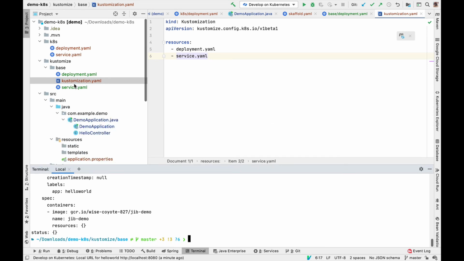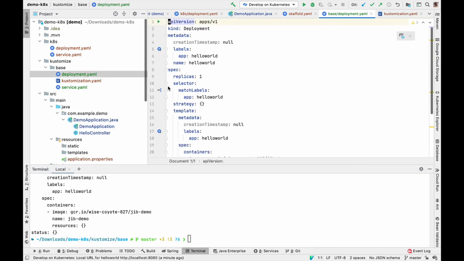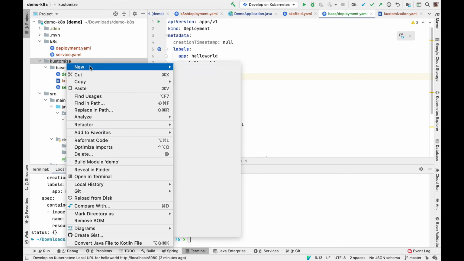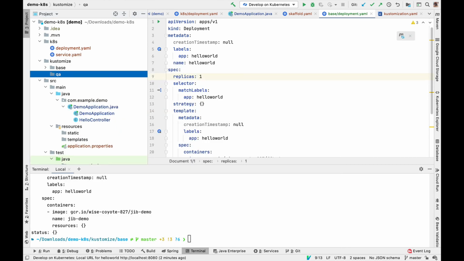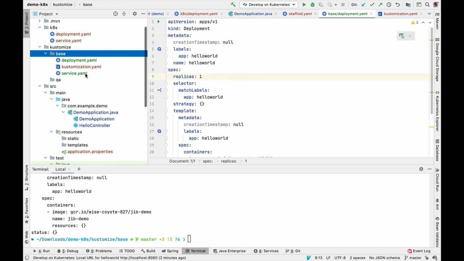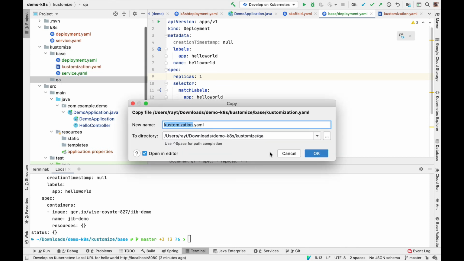But now let's do some customization. Let's say for development purposes, I only have one single copy of my application. But in QA, maybe I want to test with 2 instances instead. So let's go ahead and create a new directory here called QA. And then, rather than duplicating both the deployment and the service file, let me just create the customization file again.